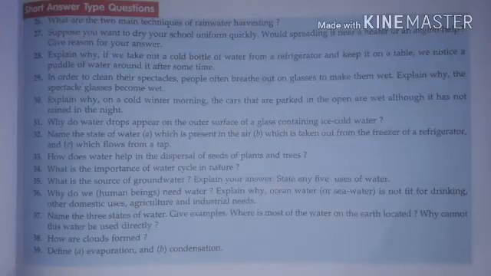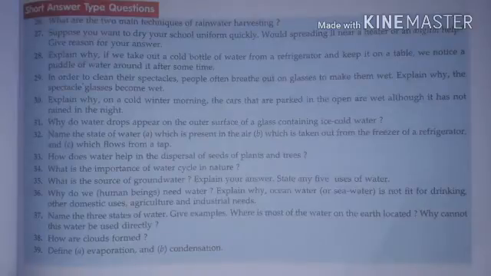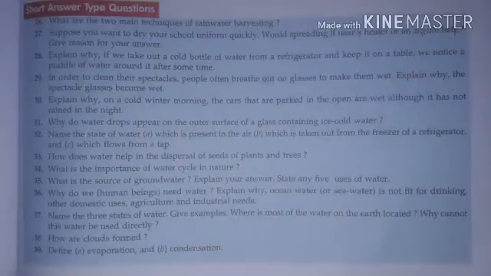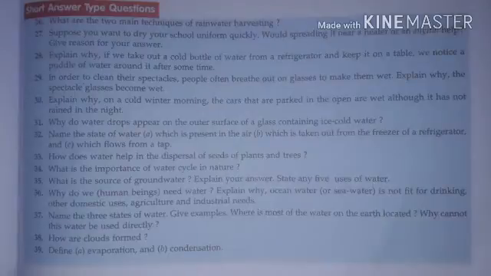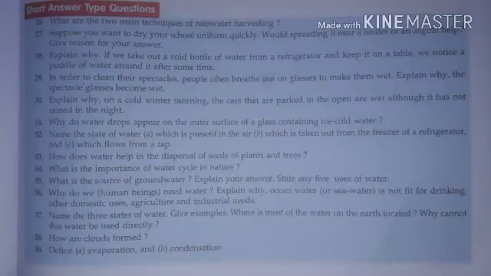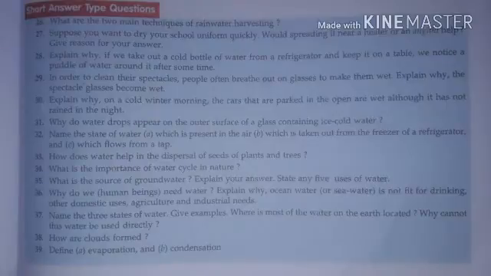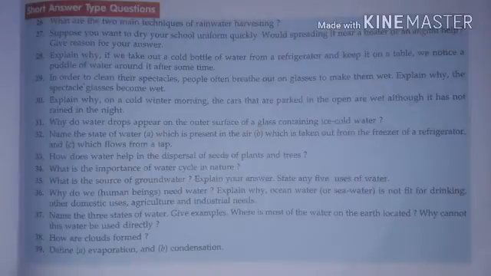Next, what is the importance of the water cycle in nature? Very important. If there is no water cycle, just imagine what happens. There is no more rainfall. Only the evaporation process continues, so the water present on the earth will become less, or it will dry up. There is no more water available on the land, and it becomes very hard for any organism, including plants, to survive. When there is no plant, there is no life possible on the earth. So definitely the water cycle should continue to keep nature happy.